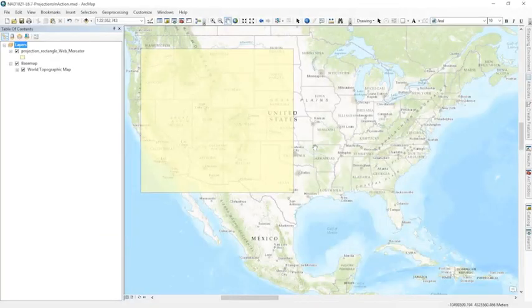In this lecture, we're going to put some of what we've been talking about projections into practice in ArcGIS. Specifically, I'll show you the Project tool and the Define Projection tool. I'll also take a look at different properties of projections and how they change when we change the projections of